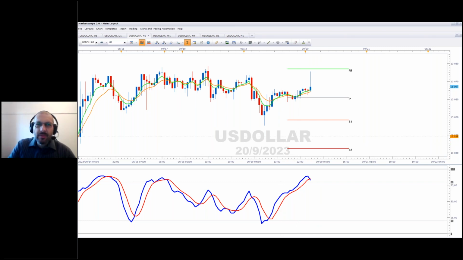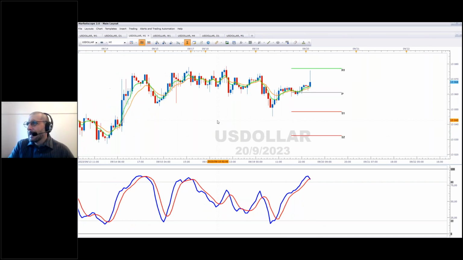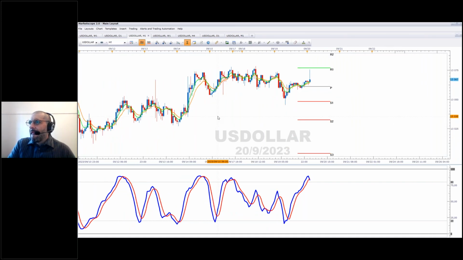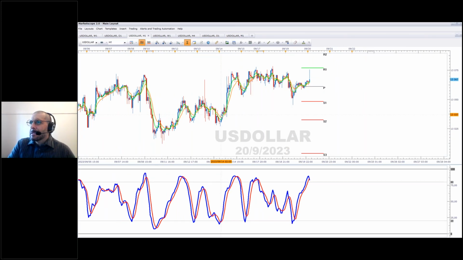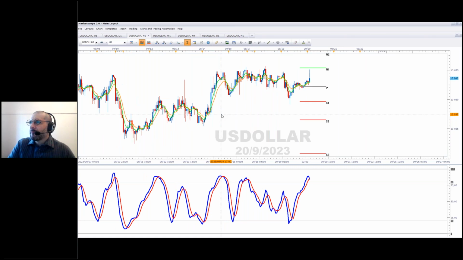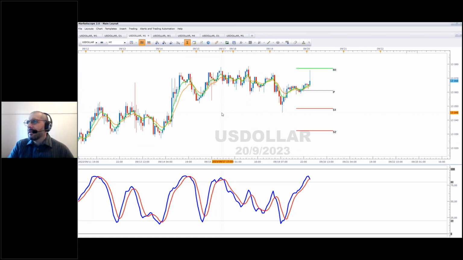Don't candles want to return back to the moving average? Let me ponder that. The moving average is derived from the candles. What tends to happen is that depending on what period your moving average is, you're going to be either quite close or quite far